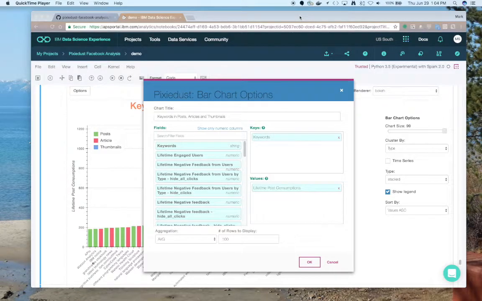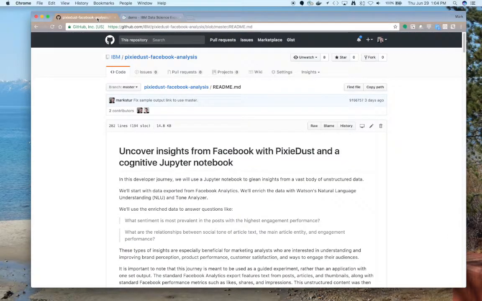Hello. Today I'll be demonstrating cognitive data analysis using a Jupyter notebook and PixieDust. PixieDust is a library that lets you bring interactive charting to Jupyter notebooks. In this developer journey, we'll be using Facebook analytics data, and what we'll do to make it more cognitive is